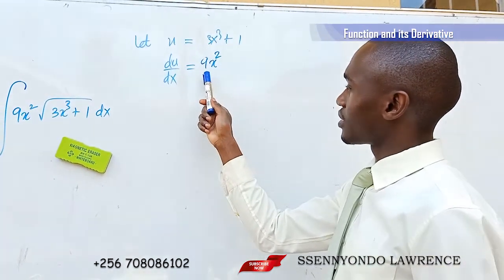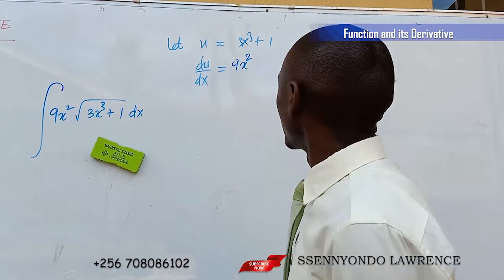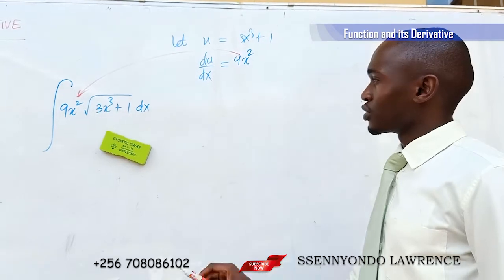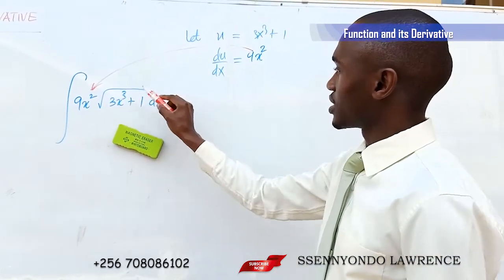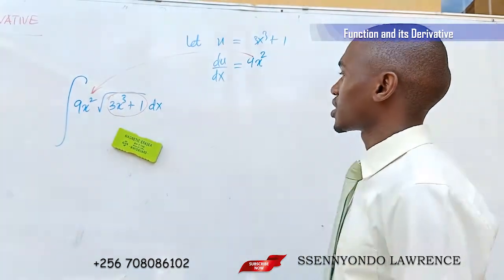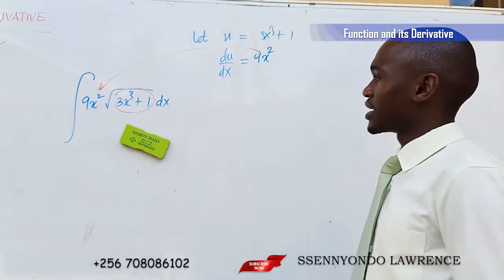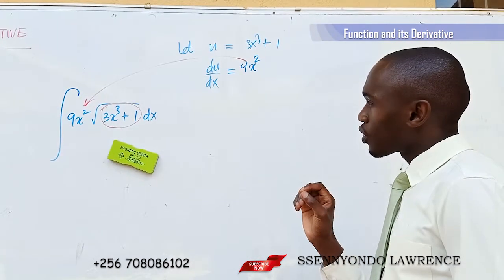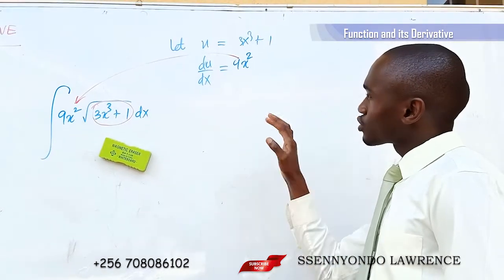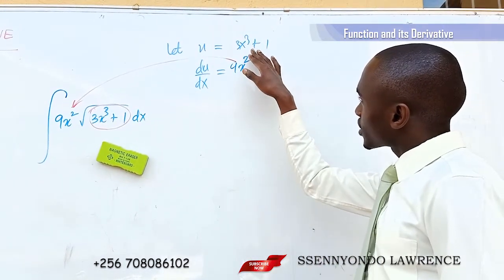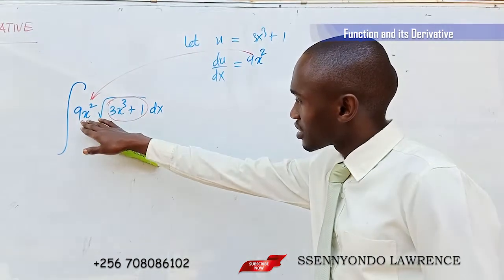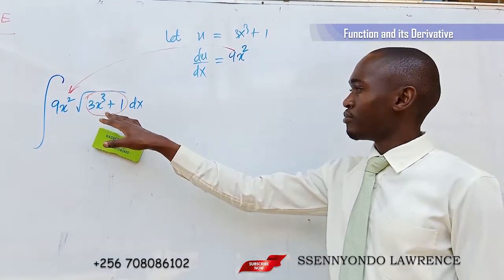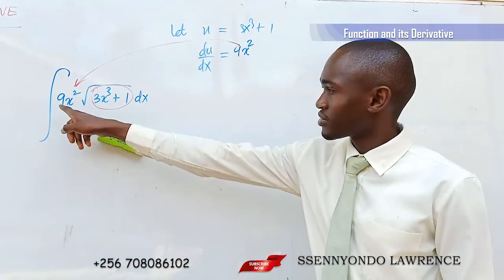Keenly look at the answer I've got, compare it with the term outside the root. You notice that when you differentiate the expression inside the root, you get the term outside. That's what we call recognizing: the ability to see that when I differentiate the term inside the root, I get something similar to the expression outside. This sample I've given at the beginning may give you the exact derivative, but sometimes the constants may not